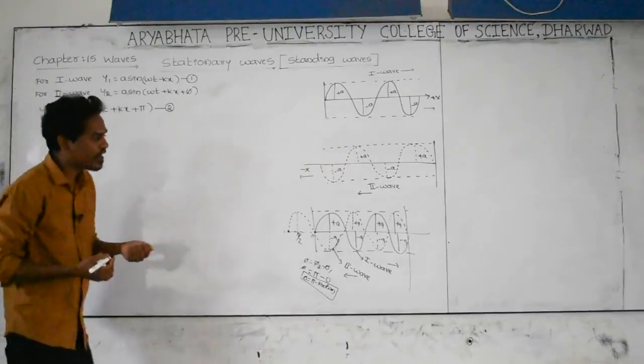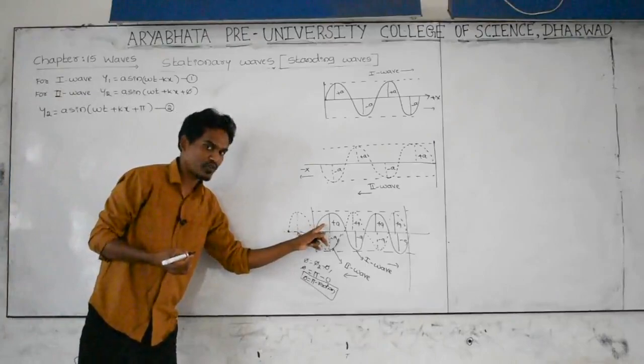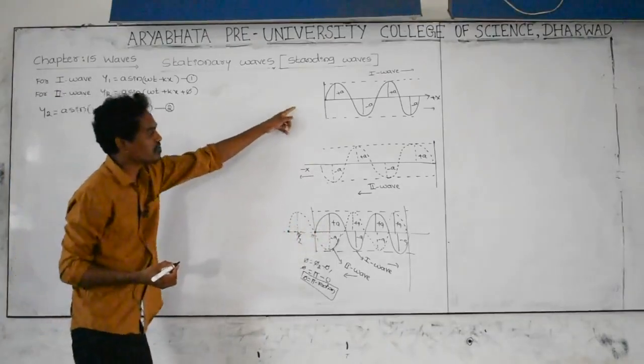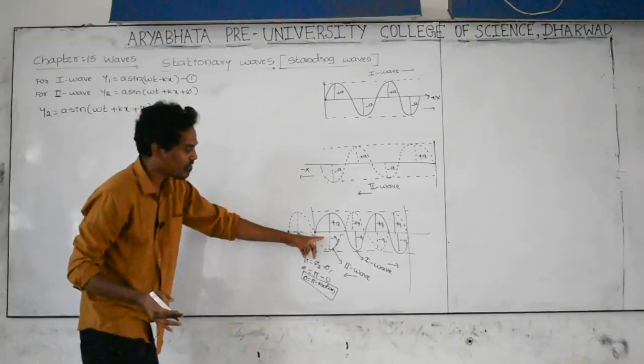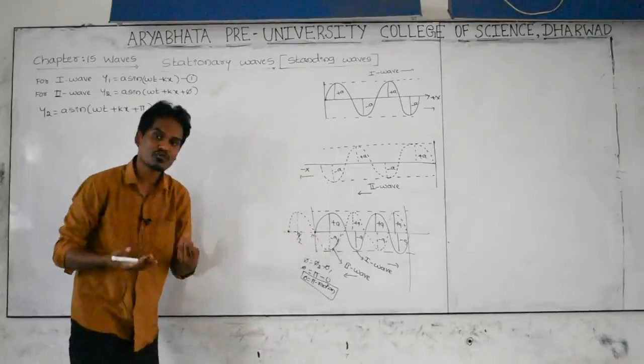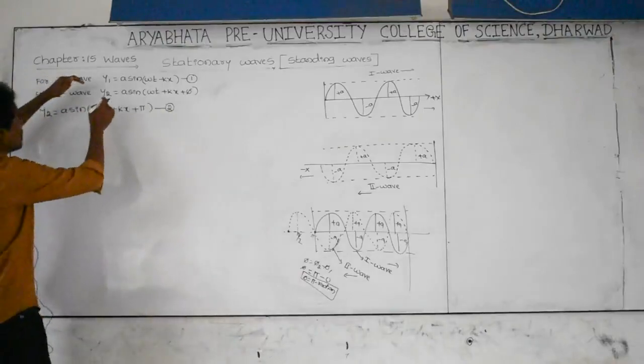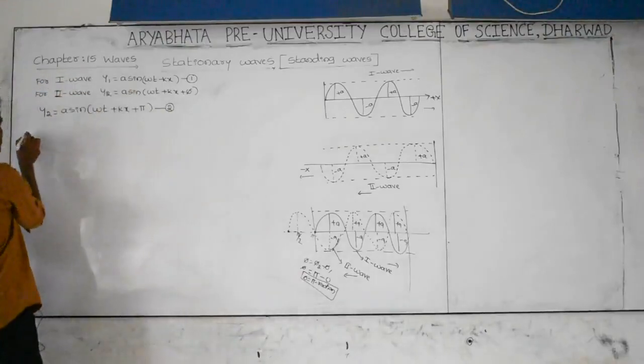And how do we find the displacement produced by this stationary wave? When the first wave and second wave merge, the resultant wave is called a stationary wave. Its displacement can be found by using another equation. Add equation 1 and equation 2. Therefore the displacement